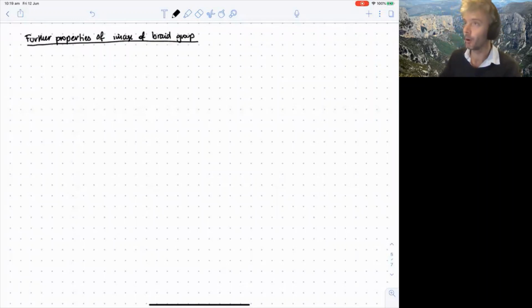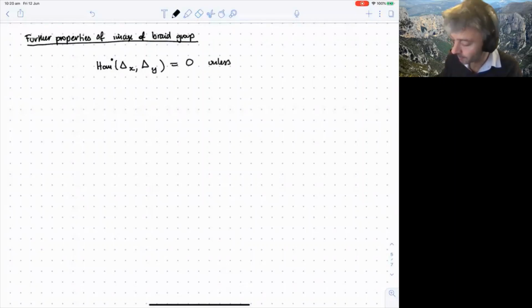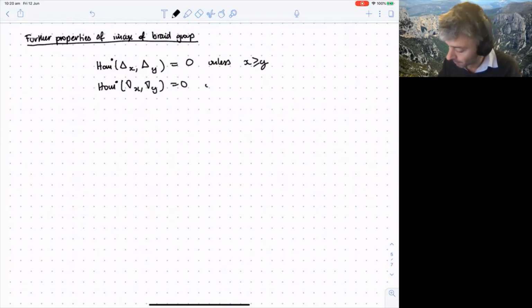The first very important property is that Hom dot from delta x to nabla y is 0 unless x is bigger than y. Hom between the nablas, unless x is smaller than y. And Hom dot